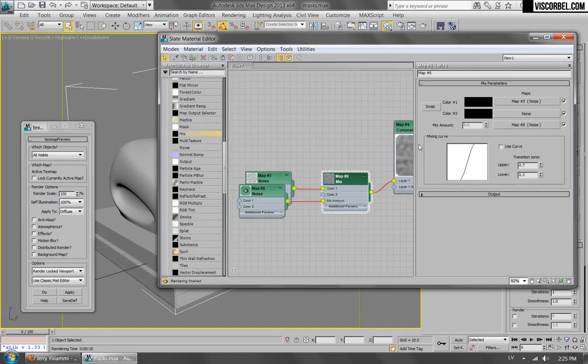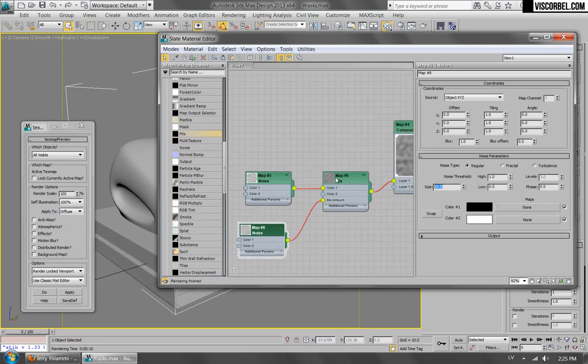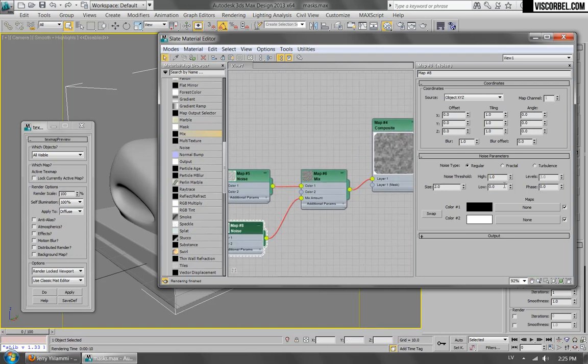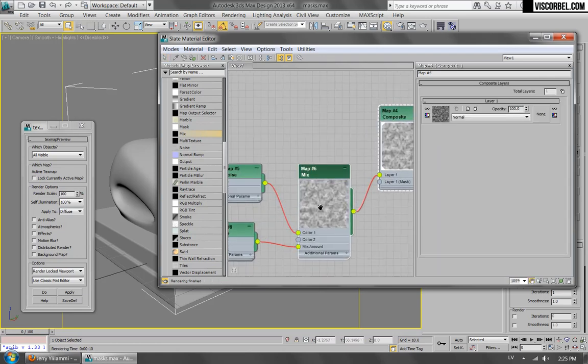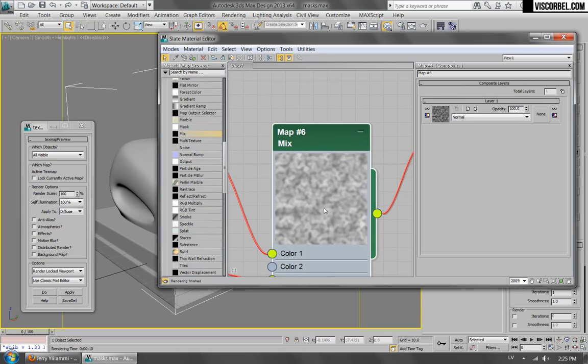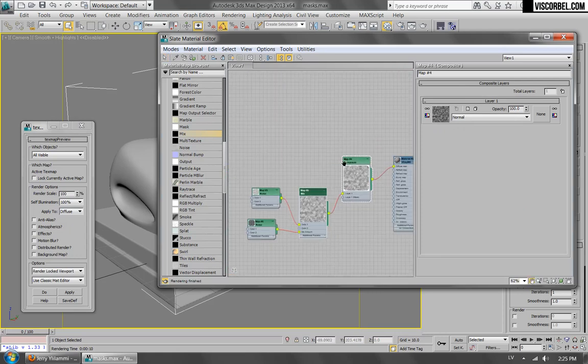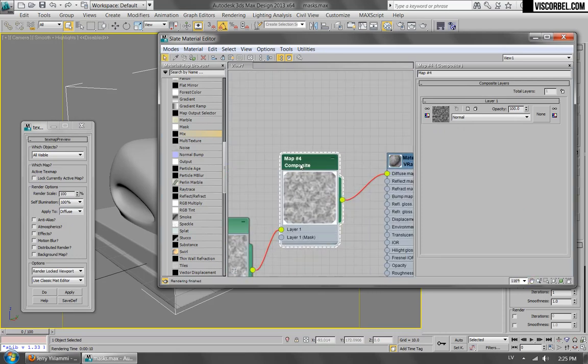So let's go to that second one. Let's make it smaller, and play around with some contrast values. Alright, and this is the resulting mix. Looks a bit better than the default noise already, but let's make it more interesting by adding some more layers